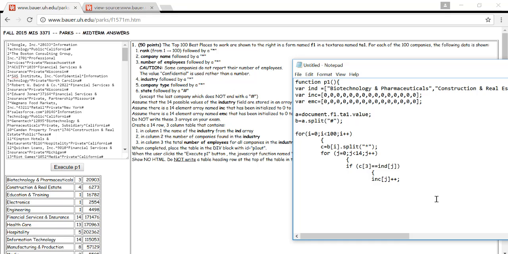You're literally saying verbally, if this data that's contained in C2, and I say C2 now because we're talking about the number of employees, does not equal confidential, then go ahead and proceed with the next step of this algorithm, which is to count the number of employees in the particular industry. So what we're basically saying is ignore it if it says confidential,